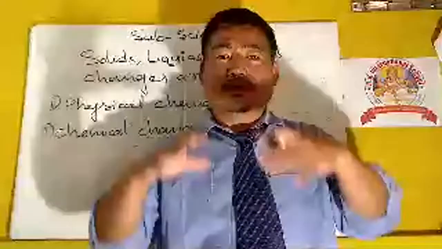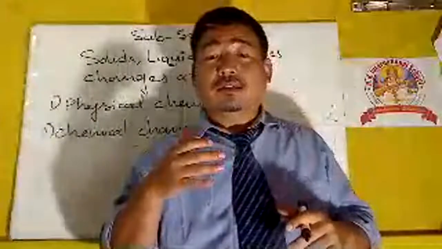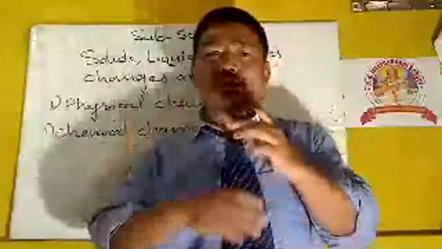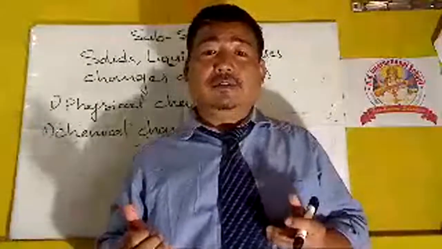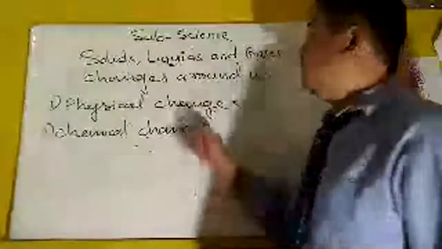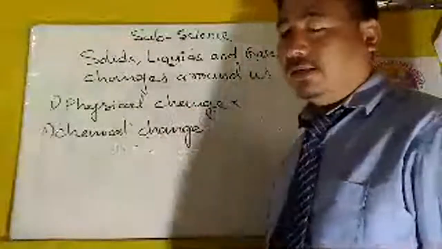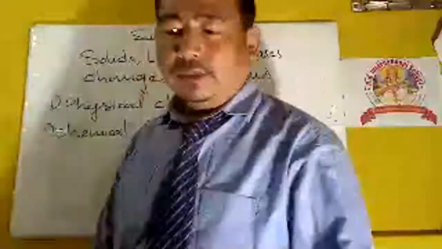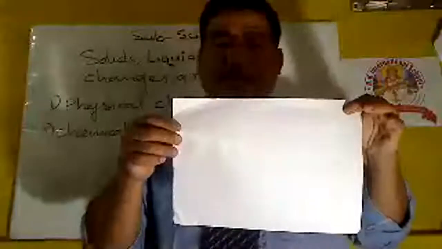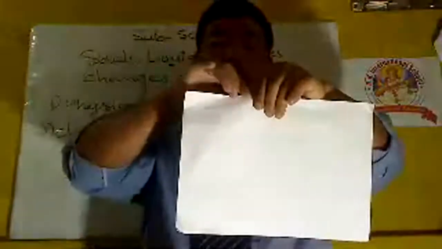So what is physical? Physical means only the body. Physical means only a body part which changes, only physical. And chemical means it totally changes into something different. For example, I'll give you one example of physical change. Here, this is a piece of paper. This is a piece of paper. I'm going to tear this. See,